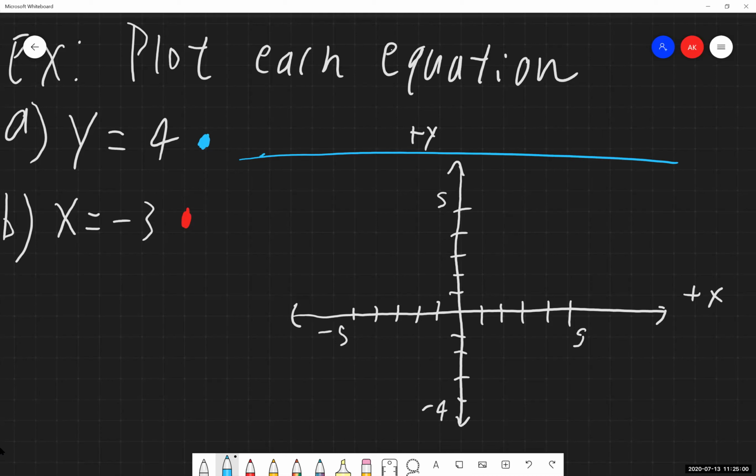So let's think on the general shape, as it were, of a horizontal line. Looking at each point on this line, we could ask ourselves the question of, okay, well, what is the x value? Well, the x value is always changing because it could be here, it could be here, here, and so on and so forth. But what is the y value in these? What's our value that we have on our y-axis? Well, the y value is always 4 because it's a horizontal line. The y value isn't changing. So where do I plot this thing? Well, I find where 4 is on my y-axis, which is right here, and then I build the horizontal line right along there.